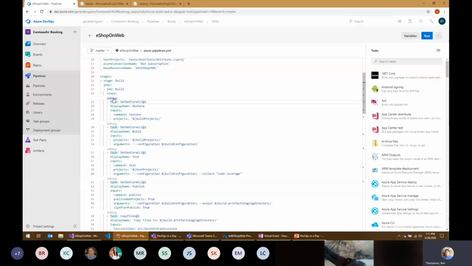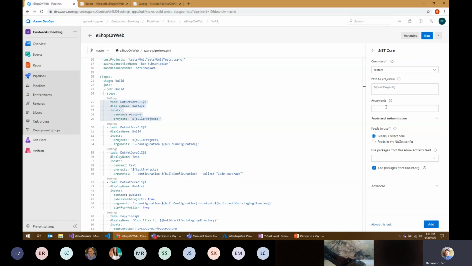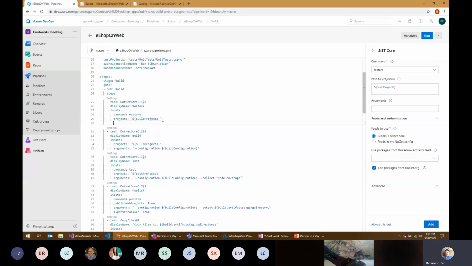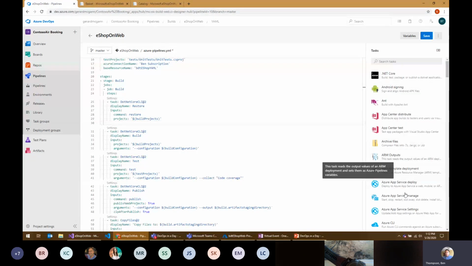And on top of that, you can click on this settings button and you see the same view over on the right-hand side to make changes to the properties. So this over here really bridges the gap between the fully text-based YAML and the fully visual classic pipelines. So you don't need to memorize, oh, this .NET Core CLI command has these arguments on it, and I need to memorize which ones it has. All you need to do is remember the general syntax of the YAML pipeline, or reference another one, or the documentation, and then you can come in here and say, oh, maybe I want